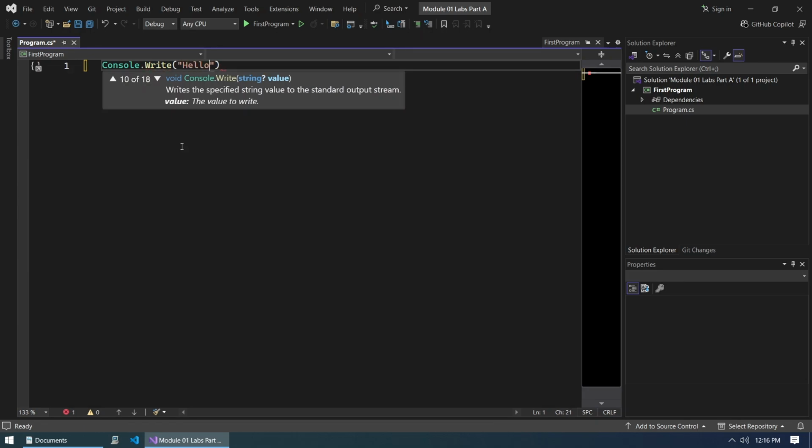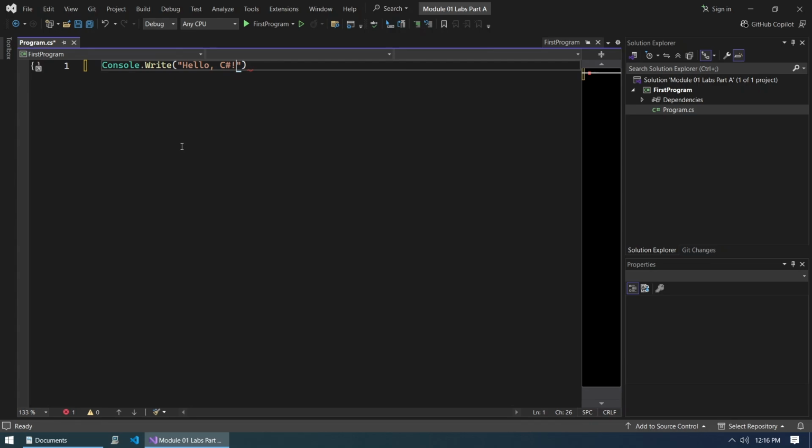In the parentheses, we can put quotation marks and then type the message we want to display. So, "Hello C#" in quotes. Again, details matter. The message has to have quotes on both sides, and the parentheses have to be there. In C#, a statement ends with a semicolon, a lot like a period at the end of a sentence. If I'm missing that, I'll have a little red underline. I can try and run the program by clicking the green Start button up here, but because of that error,